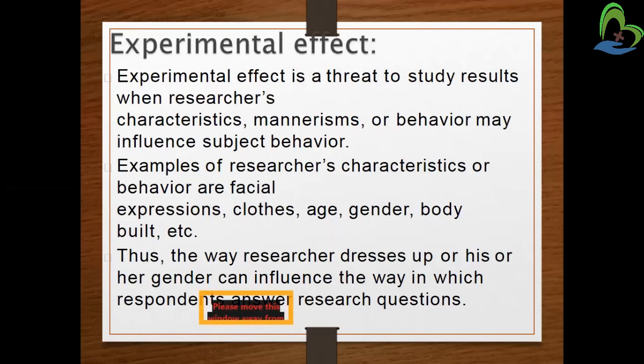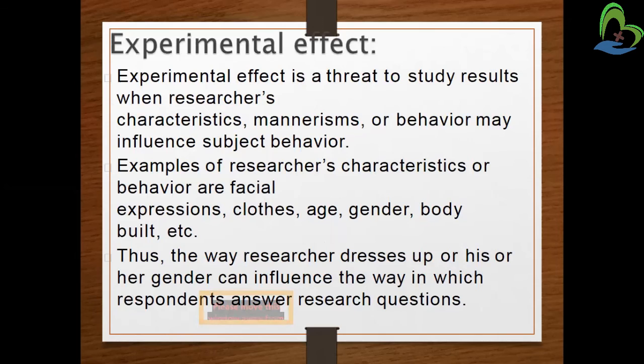Next is the experimental effect. In experiments, again, there can be a change in behavior depending on the attributes of the researcher. It can depend on the appearance of a person. It can be the gender difference of the researcher. So a particular researcher's attributes will affect the person or the respondent.